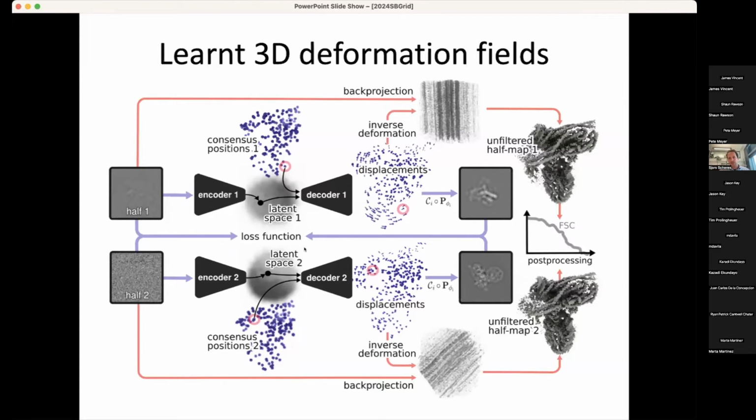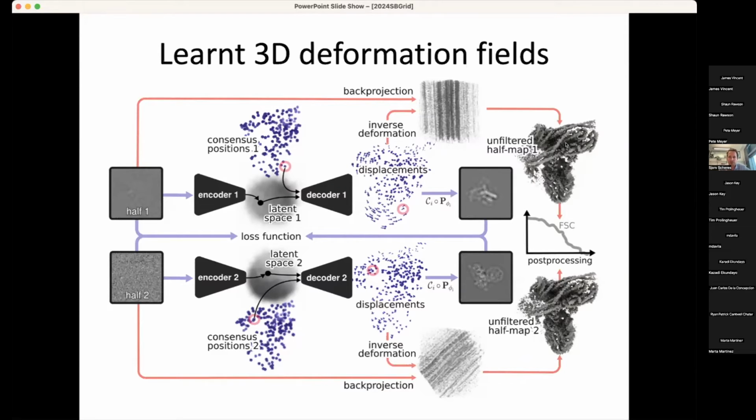Besides that, Johannes has also implemented a weighted back projection approach where he estimates an inverse of the displacement, a 3D deformation field which moves Gaussians back from the positions in the individual images to the consensus, and he then uses this inverse deformation field to do a weighted back projection of the original experimental images, where densities are displaced in 3D according to these inverse deformations, in an attempt to make a consensus reconstruction from morphed images, where the densities that were moved away in the images are placed back.